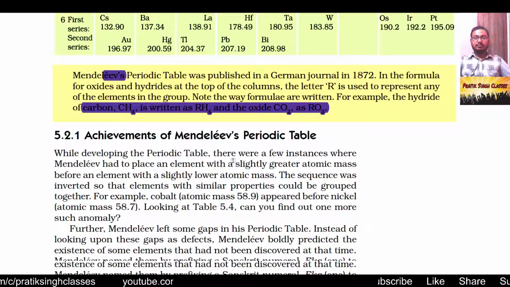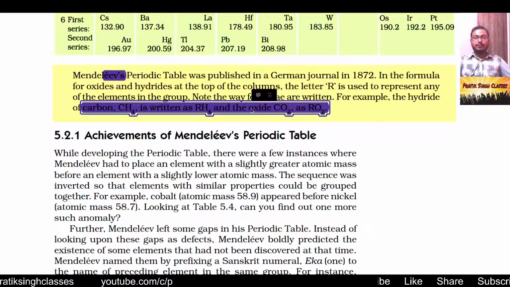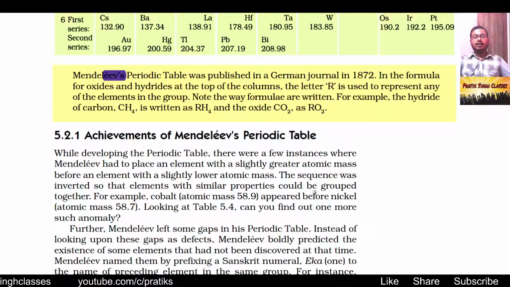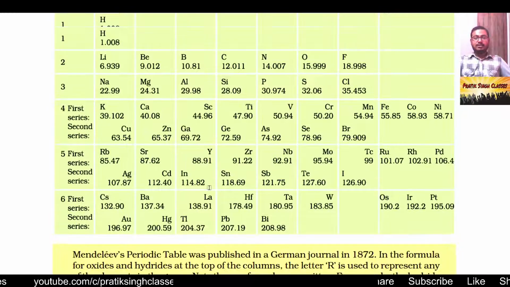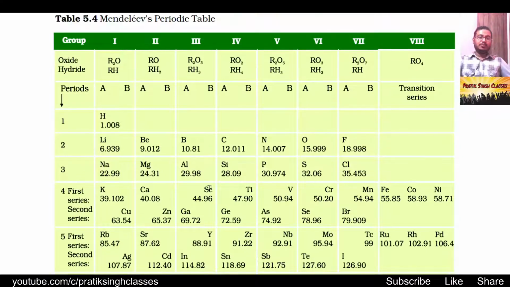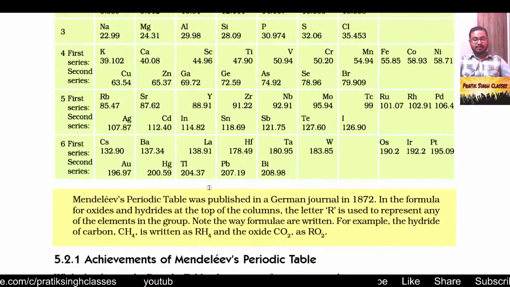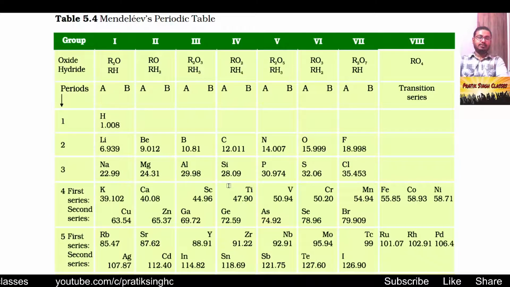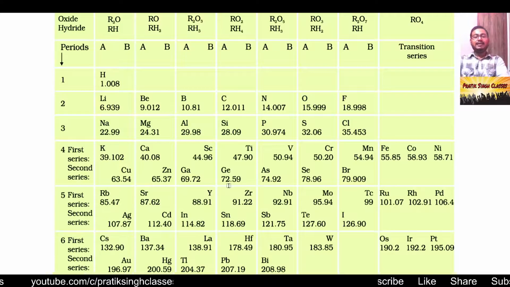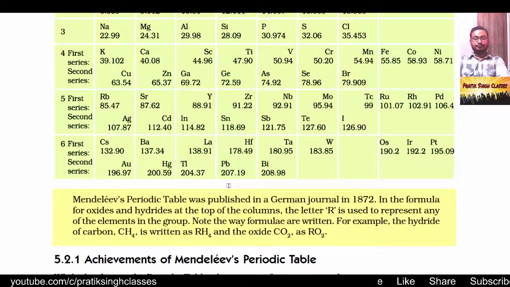Okay, so in this way Mendeleev tried to separate each element, and also he tried to make a periodic table based on the chemical properties of elements, on their oxides and hydrides. Okay, even though this was rejected, it has given a lot of experience to future scientists. And also till now we take help of this table.